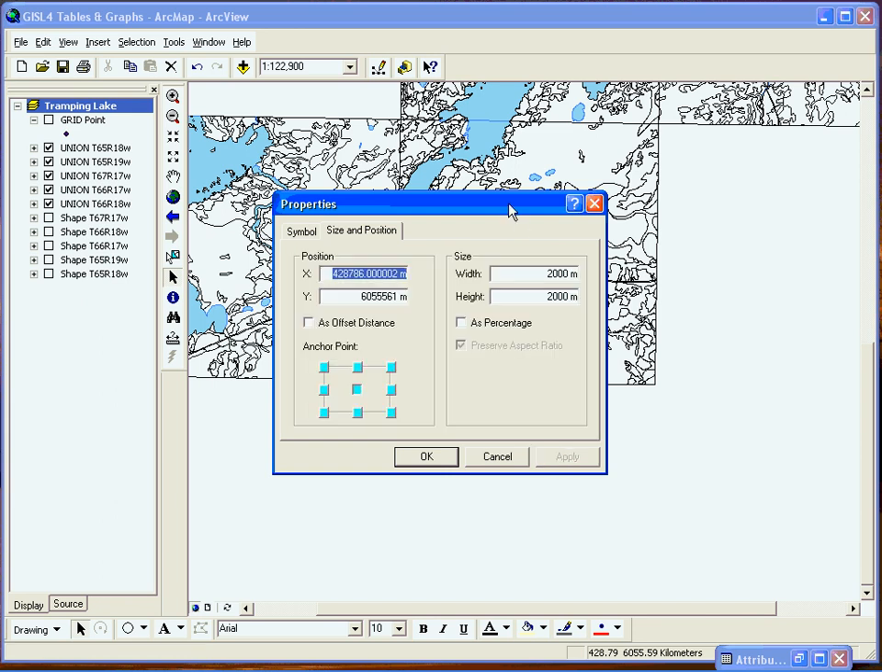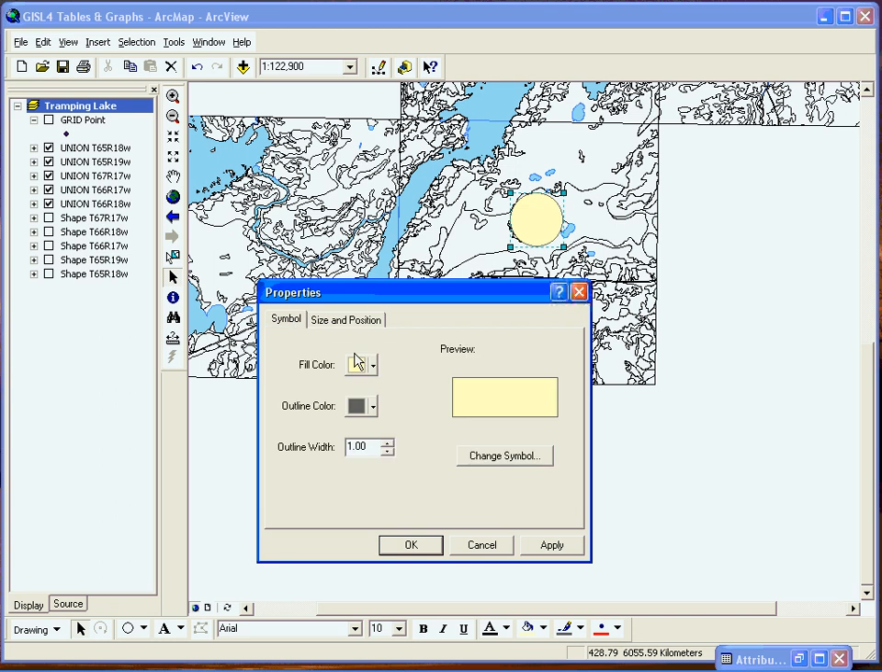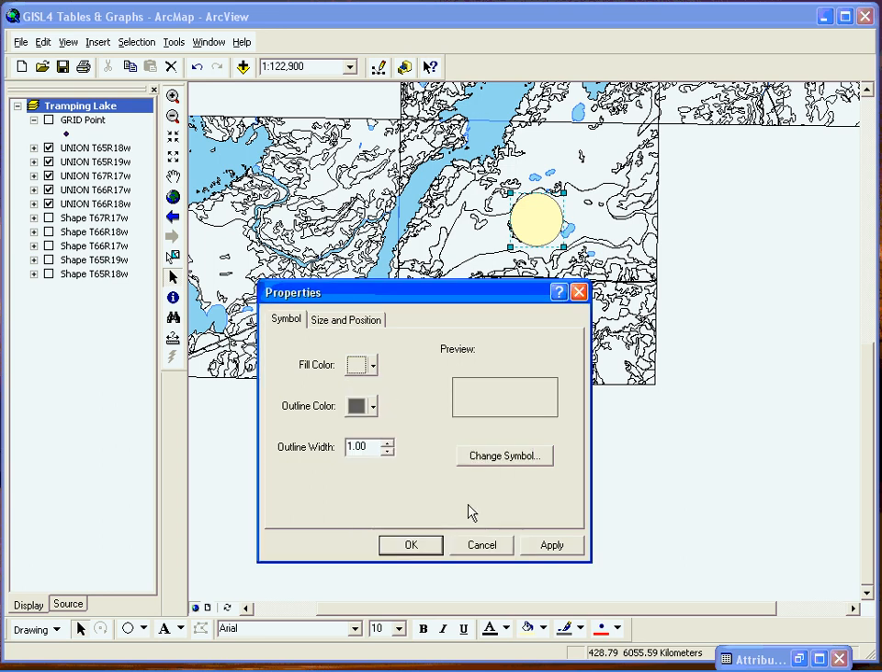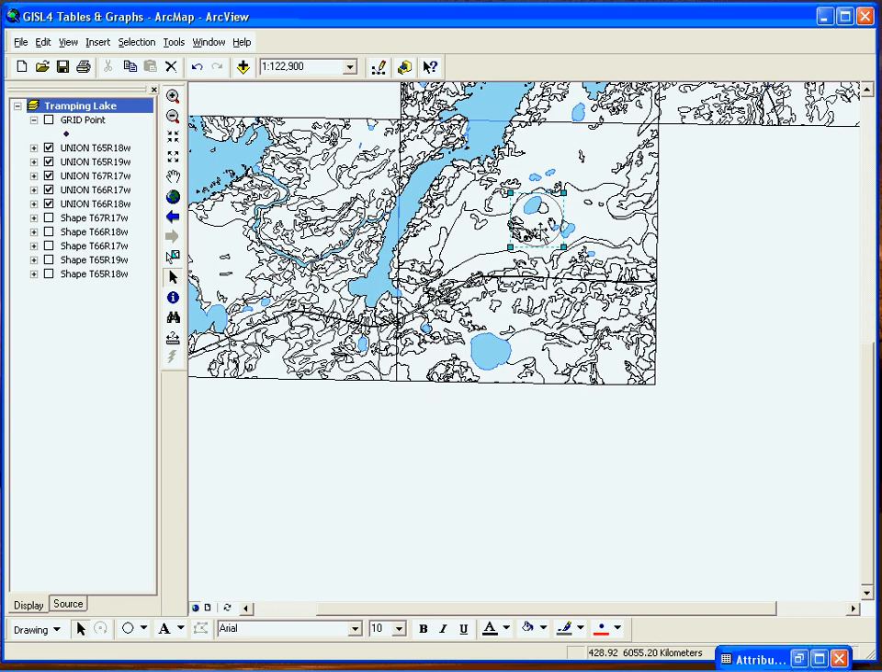And the graphic will have moved, and we can now go into the symbol here and say we wanted to see what was inside the circle. We could set the fill color to no color, hit apply, and we just have an empty circle now. So we hit OK. Now that we actually have a graphic and it's at the X and Y we want,